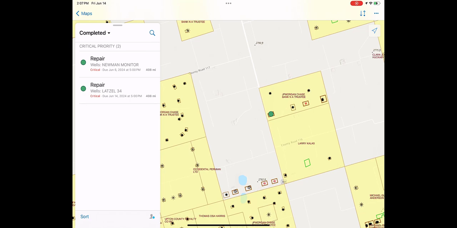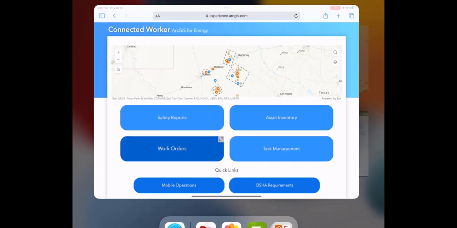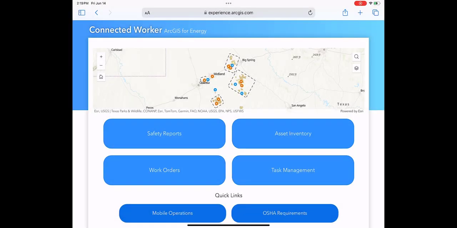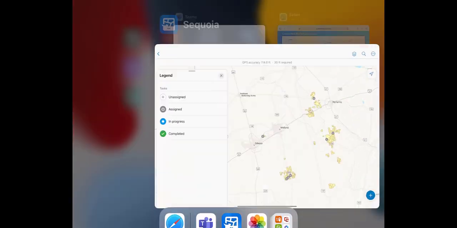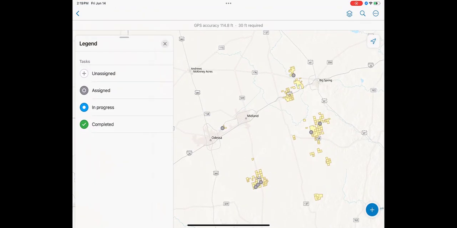Now, ArcGIS Workforce is one way to help complete these different types of work orders. Now let's take a look at where future work management is going using the ArcGIS Field Maps new tasking capability that you'll soon be able to leverage. So here we are back in ArcGIS Field Maps. And on the map, you can see I have my core asset layers in addition to the locations of tasks